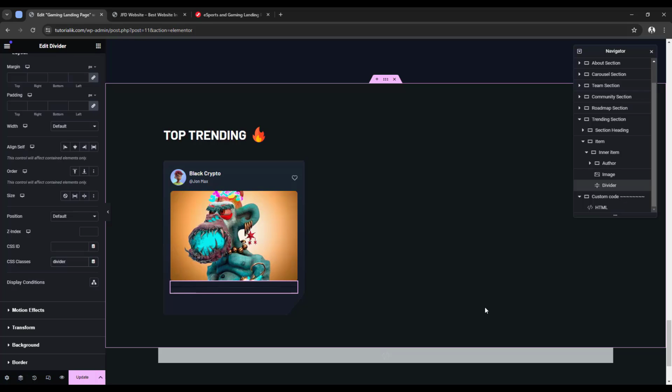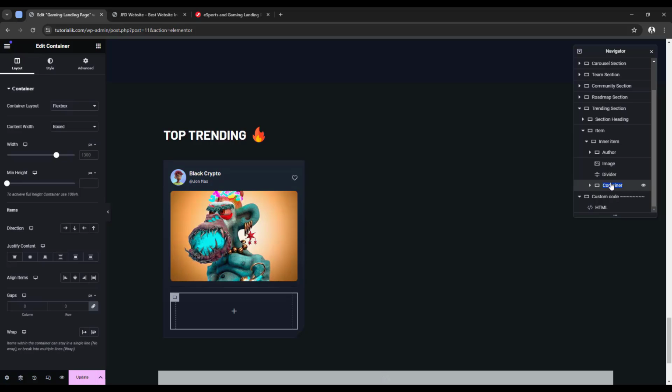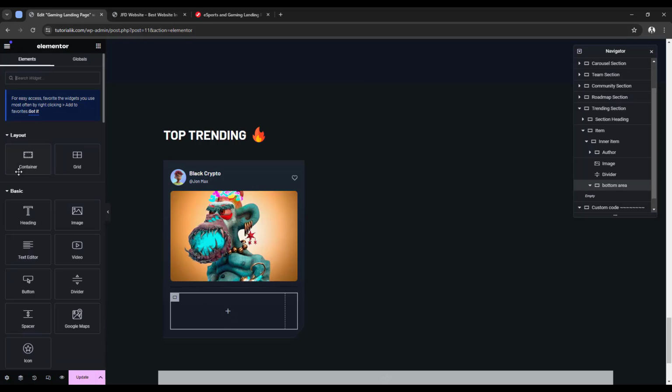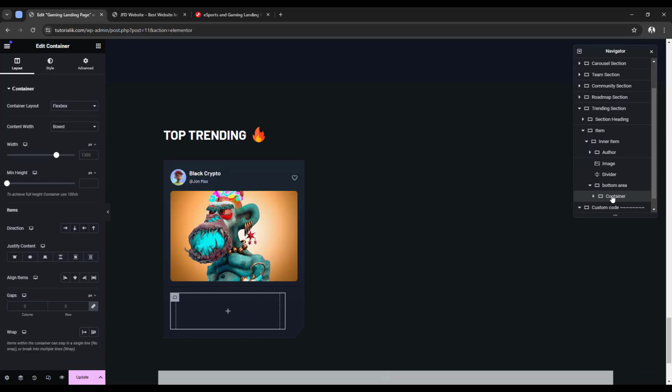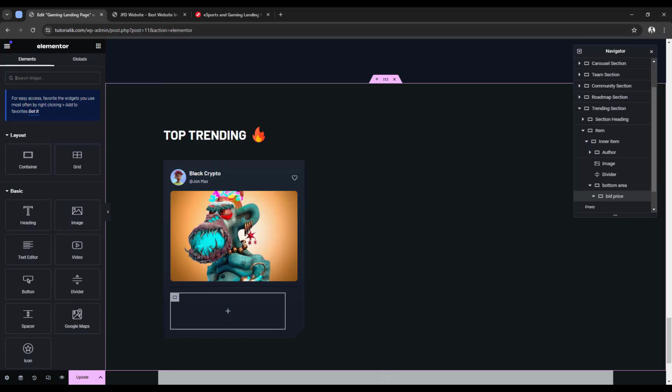Then after this divider, I'm gonna add a new container, and let's rename this container bottom area. Then I'm gonna make it direction row and justify content space between. Then let's make the padding 35 pixel on the right side. Then inside this container, I'm gonna add another one, and let's rename this bid price, and I'm gonna make the padding all 0. Then inside this, I'm gonna add a heading,